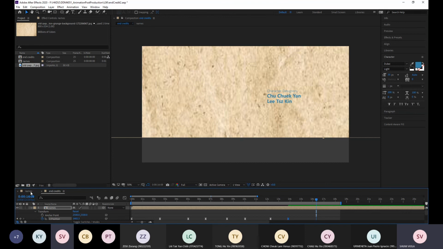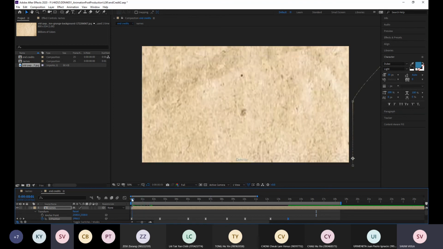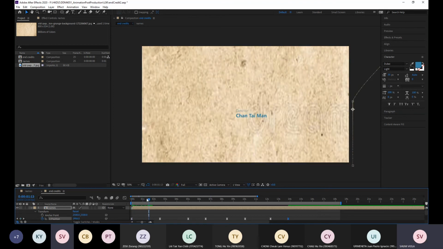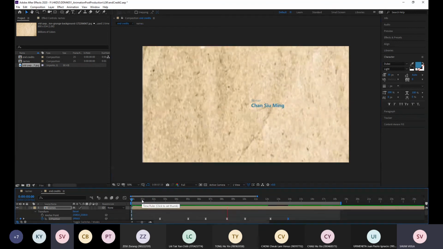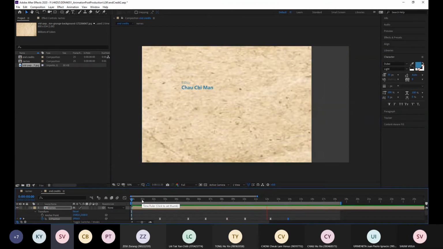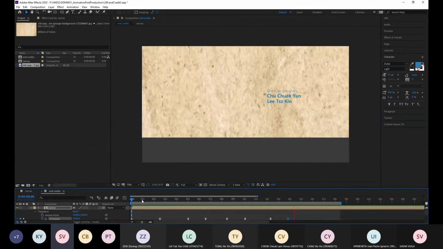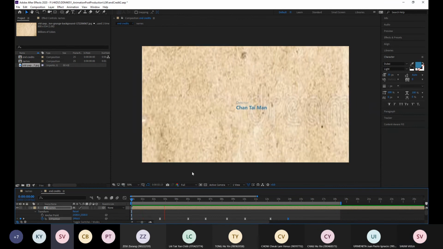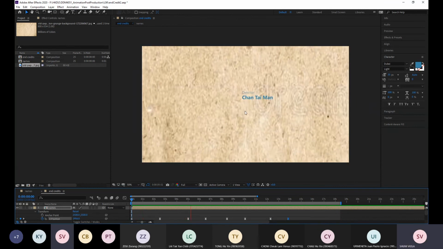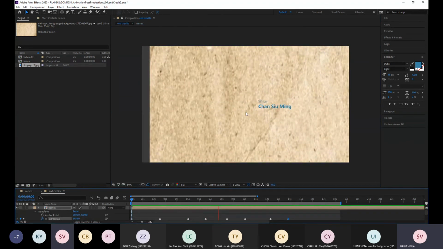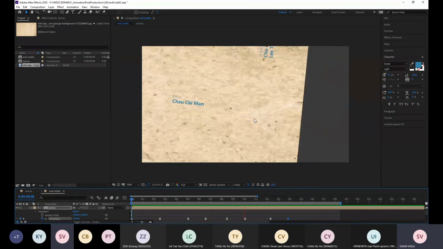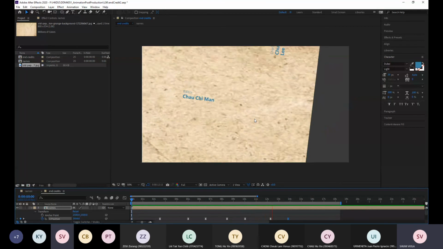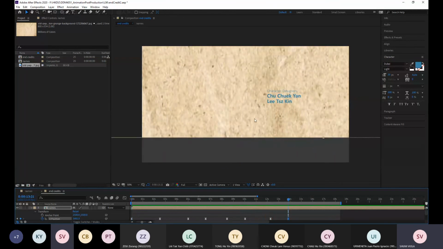If you apply some texture underneath your graphics, it should be something like that, like Harry Potter with a paper texture. So you can see that's how I do it. Apply some paper texture here. Of course, my texture is not big enough. The resolution is not big enough so you can see some very blurry image. But for your final year project, you should have a very big one.